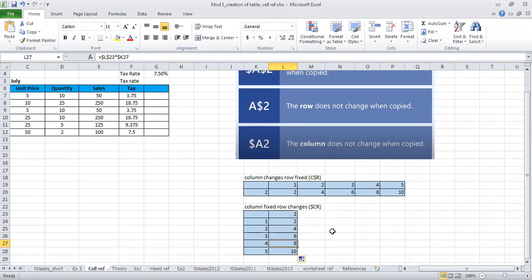Is it clear, everyone? In tax also, please do not assume that I've only done absolute referencing. For fixing a particular cell, I have put absolute referencing, but when I copied this particular formula to all the other cells, I am doing relative referencing. Okay, fine. So you can make use of both relative and absolute referencing together, depending upon what you need to write the formula for and what output you need to get. Is it clear, everyone? Okay, please be clear with this concept.